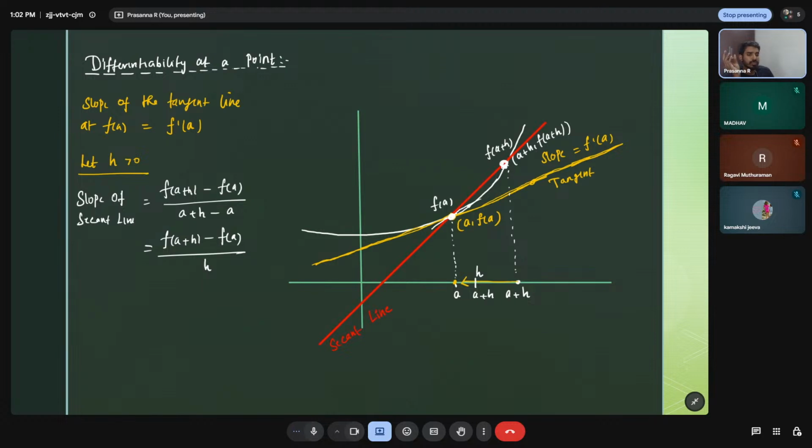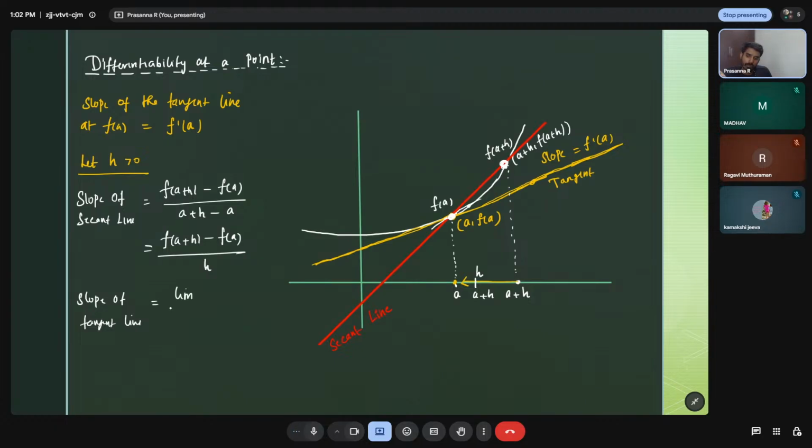Because a secant line means you have to connect any two points on the curve. A plus h will always be a point on the curve only if h is not equal to 0, right? If h is equal to 0, then a and a plus h are both the same. Okay. Now the slope of the tangent line